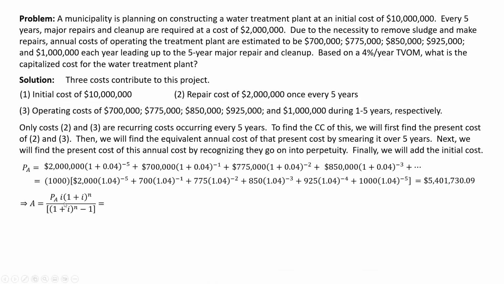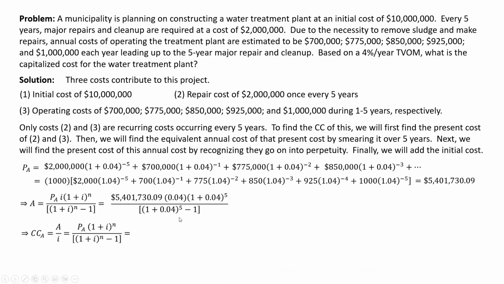Now, what are we going to do? We will find what the smeared out cost is. If we take this and smear it out over 5 years, what would be the equal cost? That is what I'm calling A, equal cost. For that, we'll apply the formula that we had before. Take that present value and multiply it by i times (1+i)^n over (1+i)^n minus 1. i happens to be 4%, so 0.04, and n is 5. Plug and chug. And ladies and gentlemen, that turns out to be,